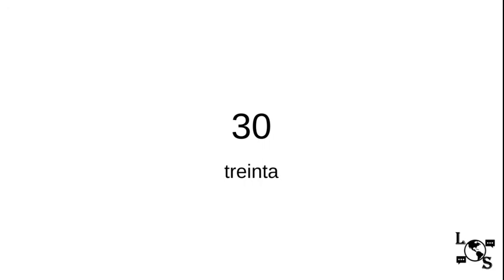And then 30. Now from 30 to 50, you'll see the same pattern, which is that tens place number. So 3, 30, and then the ones place number right after it. So 1 here is uno. So 30 y 1. The y just means and. So you're basically saying 30 and 1. So 31, 32, 33,